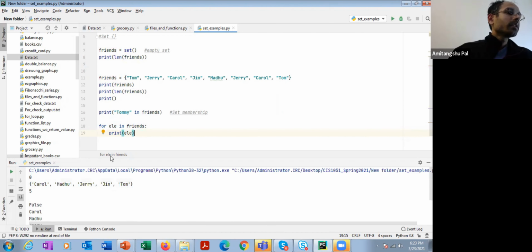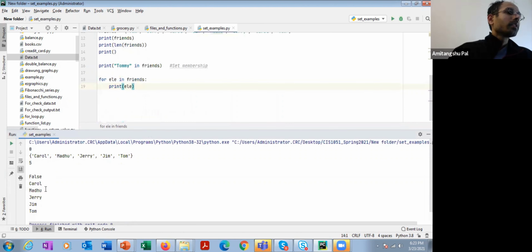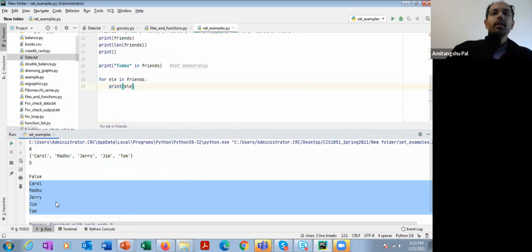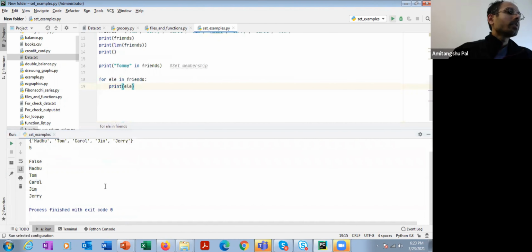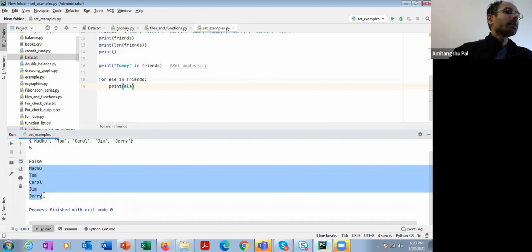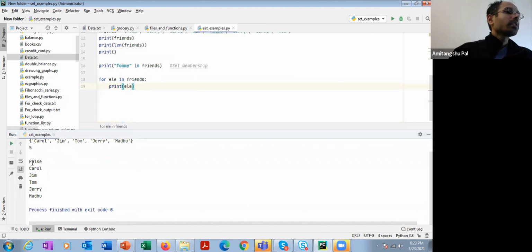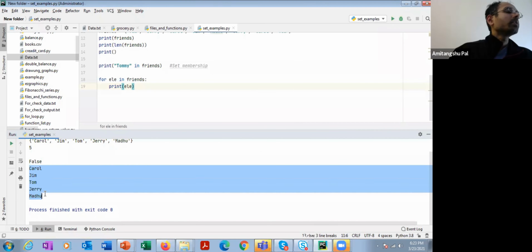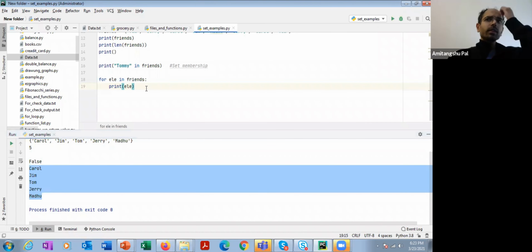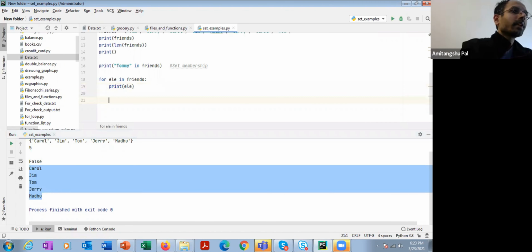So here you can see that all the set elements will be printed in different lines. Okay, and again, if you run it several times, the order is going to change. Okay, here Mathu comes first, Tom, Carol, Jim, Jerry, and here Carol, Jim, Tom, Jerry, Mathu is coming. Okay. All right.